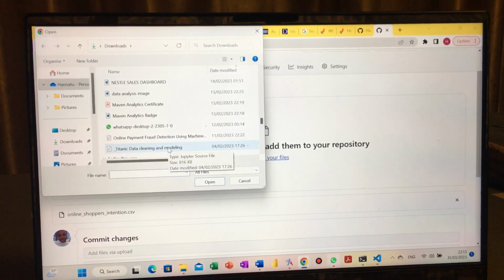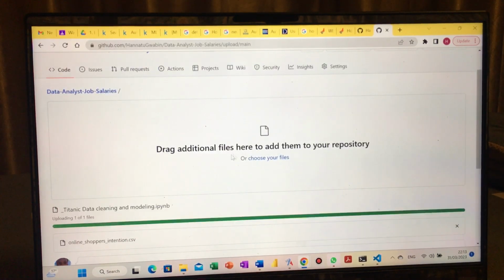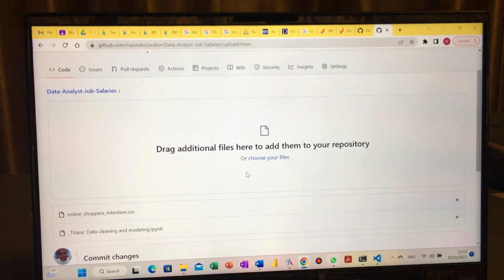Okay, let me use this Titanic data cleaning and modeling. It's just the sample, they are not related, but